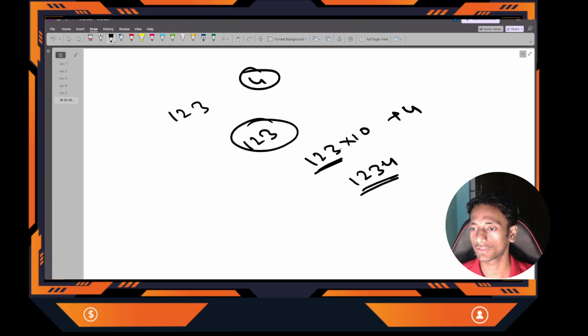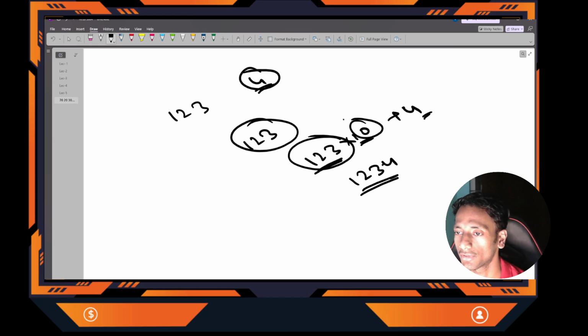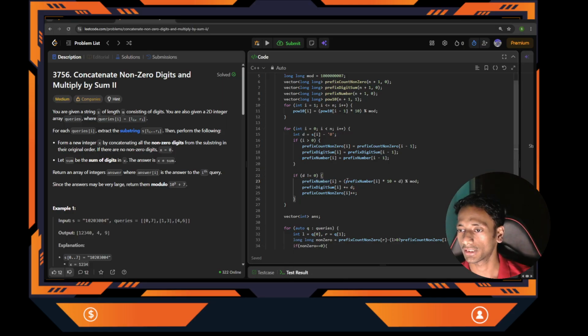So whatever the current number I have, multiply with 10, then add the current digit. First of all, shift all the digits to the left by 1, so that's why multiply with 10, because the current digit will be creating a new digit position. So we have to create a new position for that. First left shift the digits by 1, multiply the current number with 10 and add this current digit D. It can be 3, 4, 5, anything, and take the modulo of that,